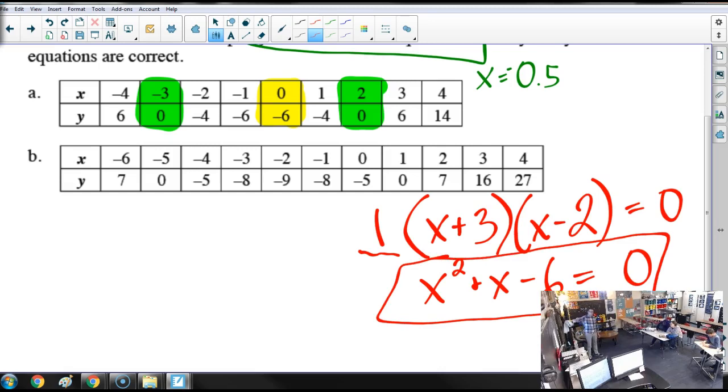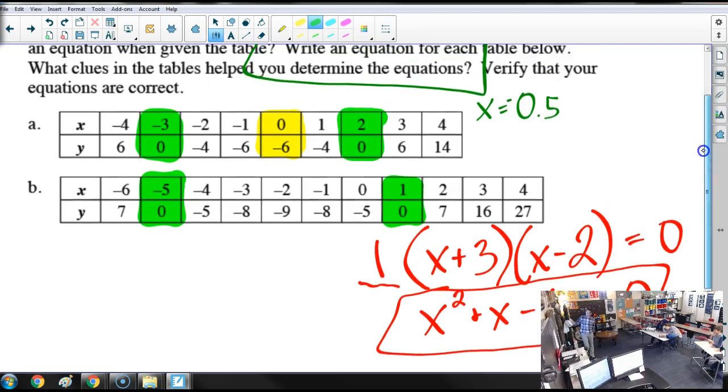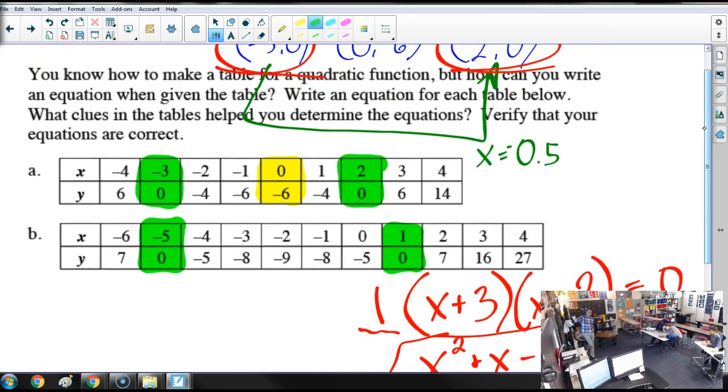Try that with b on your own. But then we use that equation to figure out the y for the vertex, right? Because we found 0.5 as one of the values. Yes, if we were going to find the vertex, we can do that. But if it just asked us for the equation, we didn't really need to find the vertex. If we were putting this on a graph, that might be useful. We could find the apex value by just plugging this in. It's going to be further down than -6.